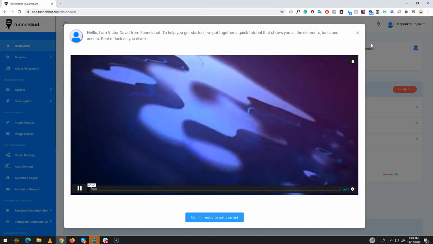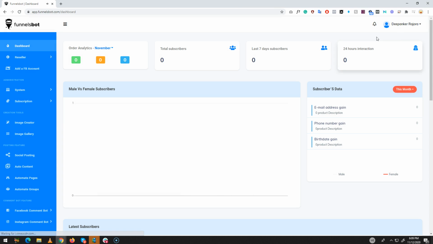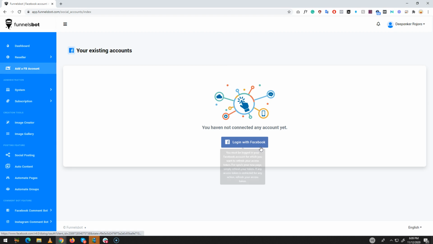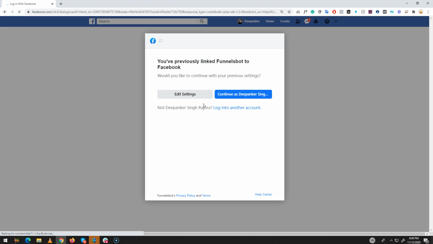So now, add an FB account, login with Facebook, simple. This will ask about your permissions, and you can say continue as Dipankar Rajora, or if you want to use a different account, you can choose a different account.